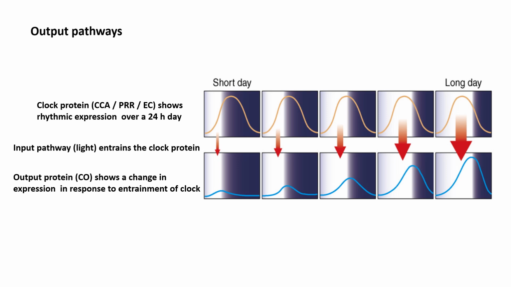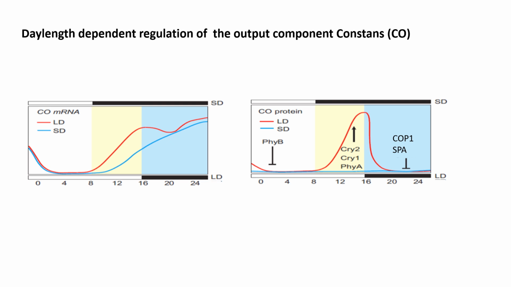Constans integrates the phase of the core oscillator and the light signal. When the core oscillator is entrained by the light-dark cycle through inputs received from the photoreceptors, Constans mRNA levels peak during the night under short days, whereas under long days, Constans mRNA peaks before the end of the day. Flowering is promoted specifically under long days because only under these conditions is Constans highly expressed while it is still